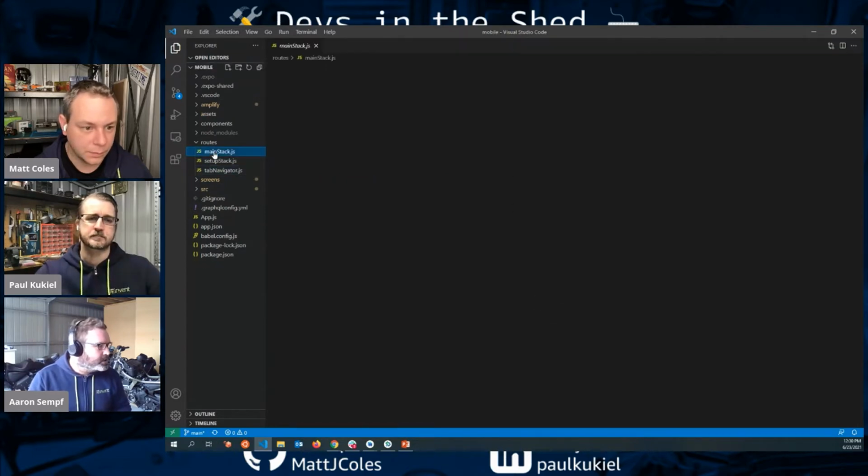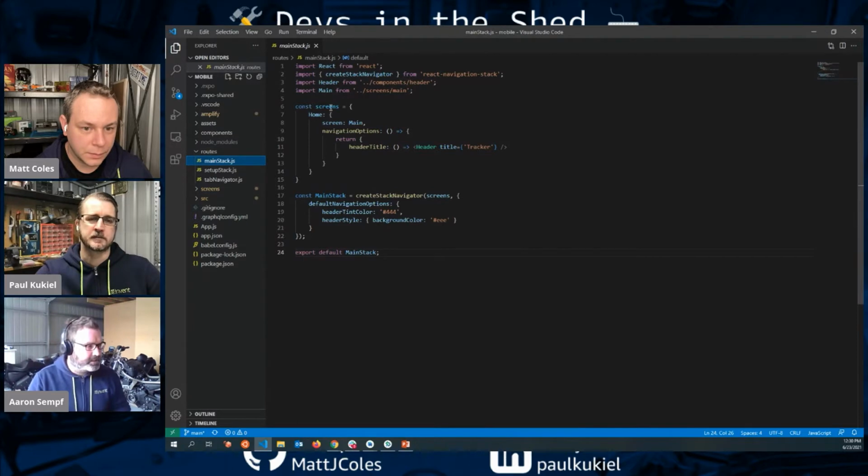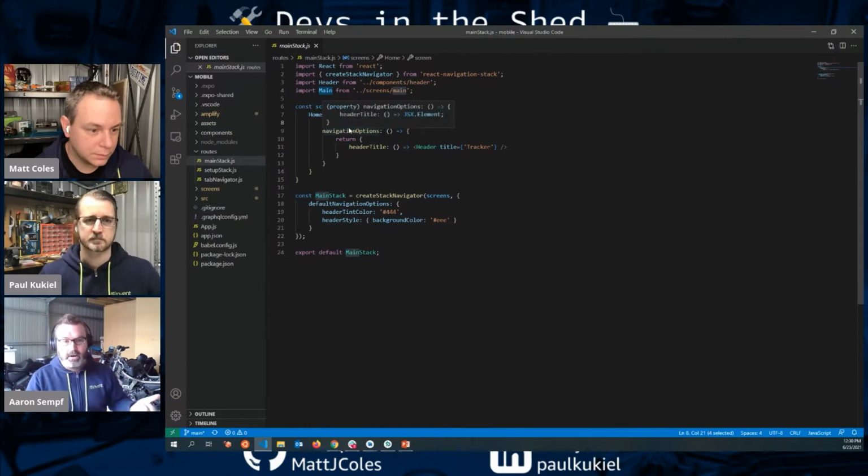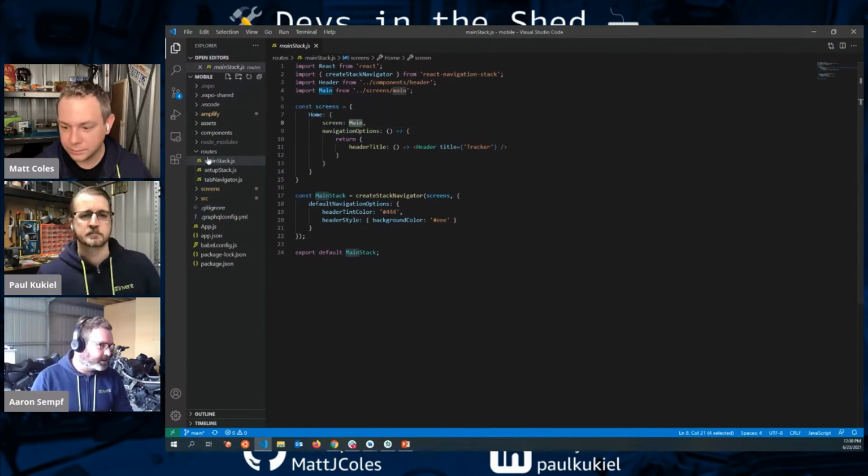And I'll just quickly show you the screens. There's nothing to them. It's basically just a simple header so that I can have the title, and then I'm displaying the main screen, which I'm pulling from screens, which would have been your main screen from the default app setup. So